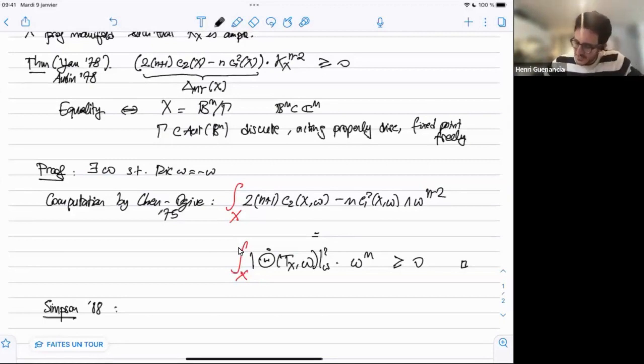The reason I'm mentioning this is it's going to come up later when we move to the singular setting, where it turns out that a clever combination of the original strategy of finding a Kähler-Einstein metric and Simpson's strategy for uniformization does actually generalize